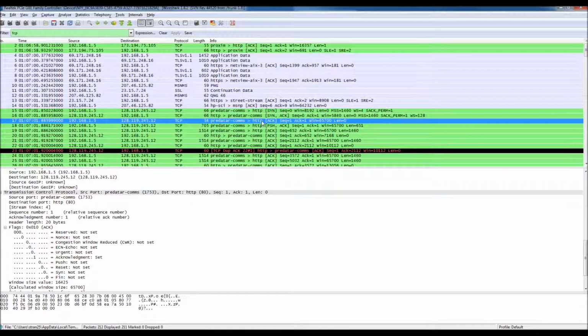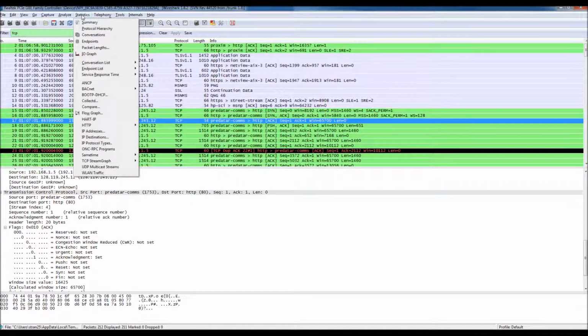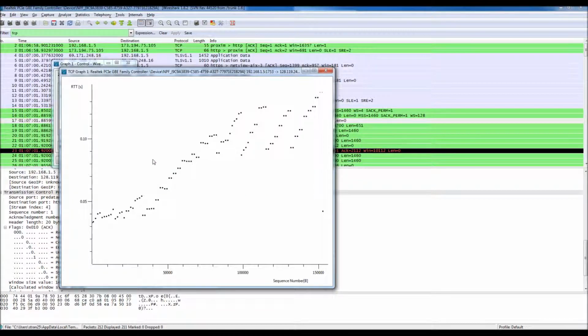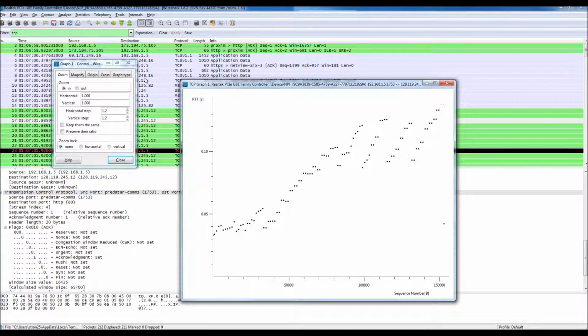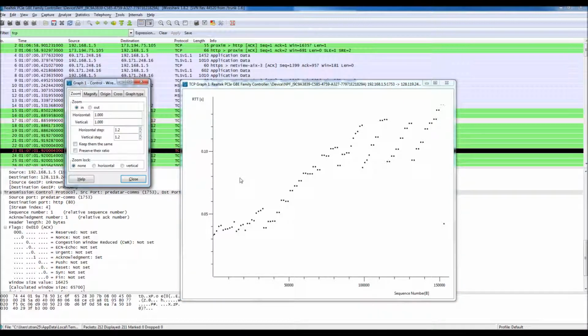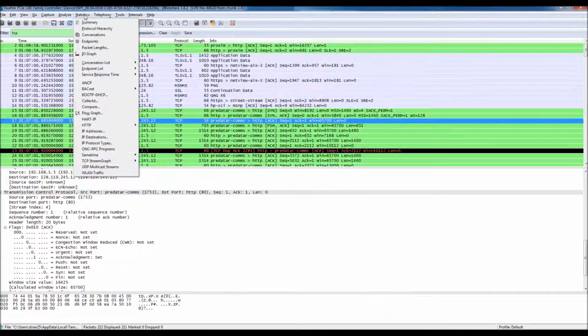So that gives us a nice graph. I wonder what else you could do. We can go back into here. Yeah, so that's the round trip time. What else do they have here? Basically it. But yeah, it gives us a good overview of the round trip time for this, which is pretty cool. So yeah,